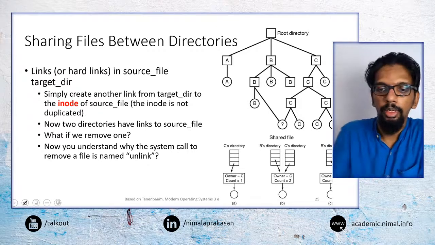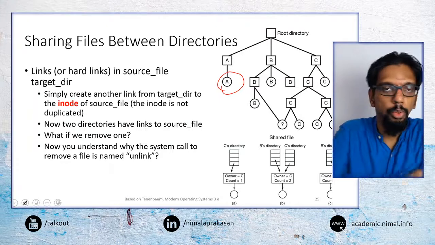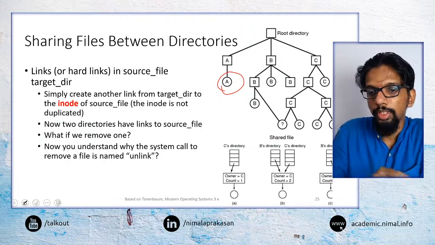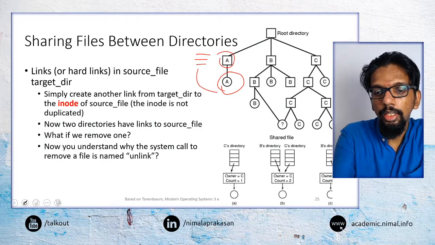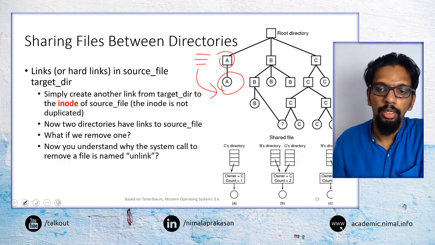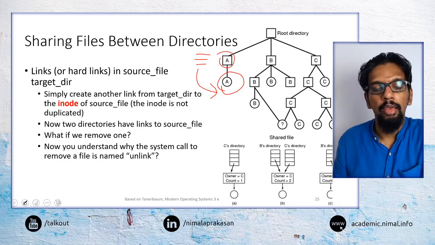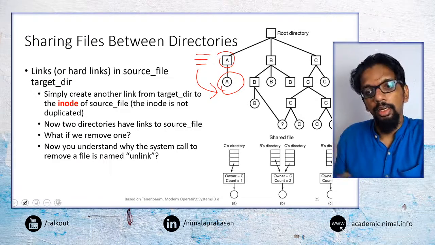So for example, a file is basically a unit of information stored somewhere in the storage medium. And a directory is basically a list of entries having a pointer to the file.